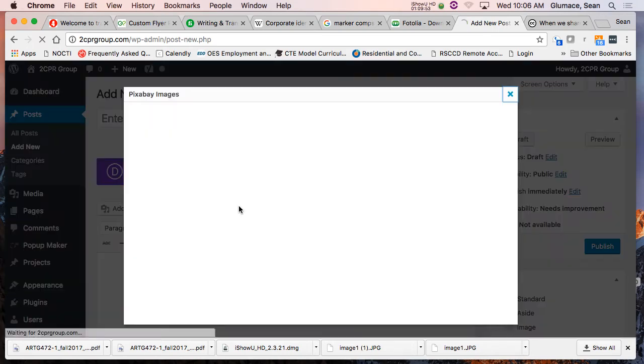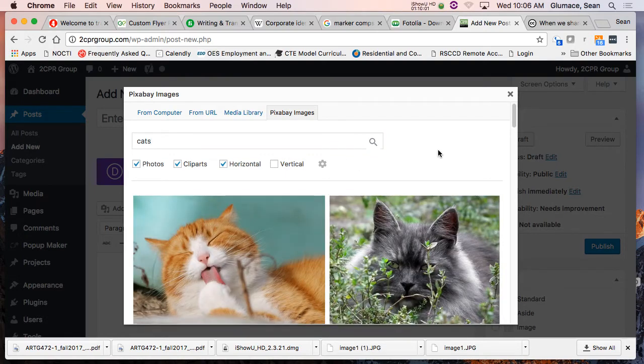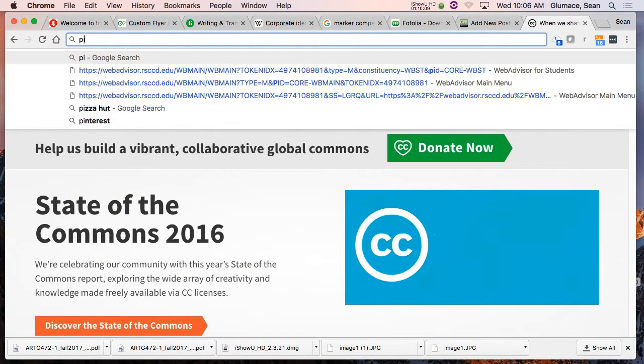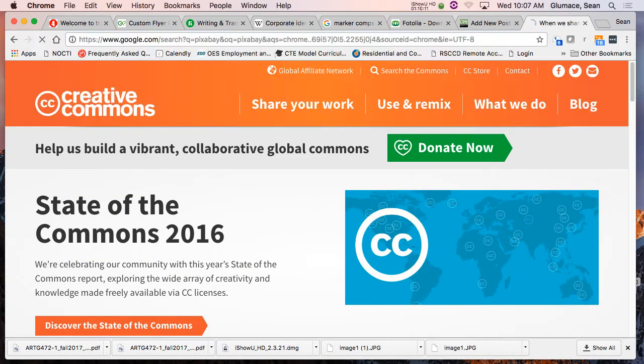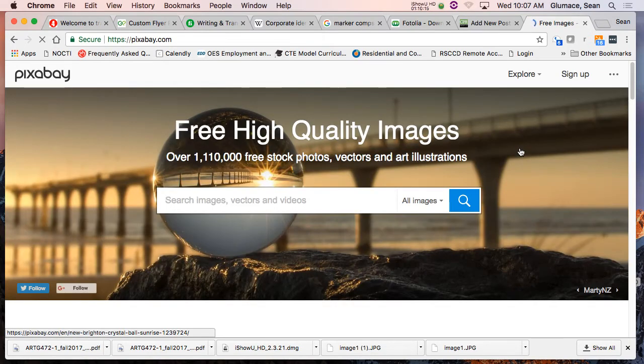So if I'm writing a post about cats, I can come in here, look up cats. I can use all these photos. They're cleared through Pixabay. So Pixabay is pretty much open, and these photographers, all free images. So over 1 million stock photos and stuff, it's all free.